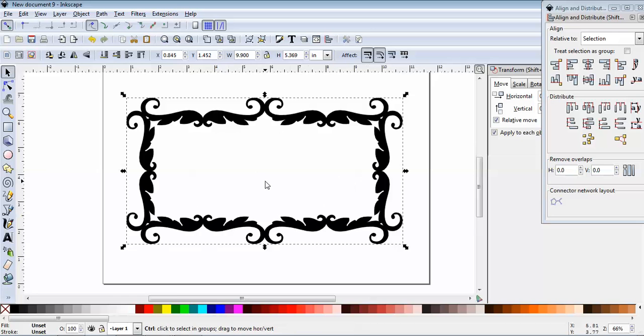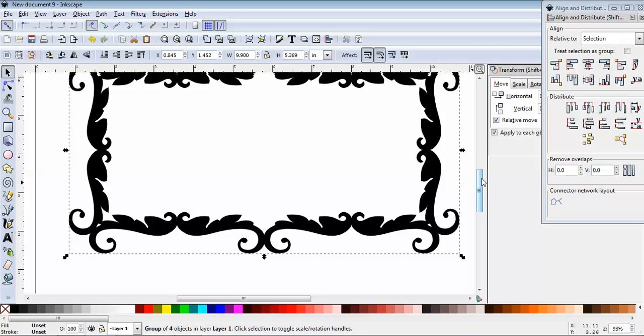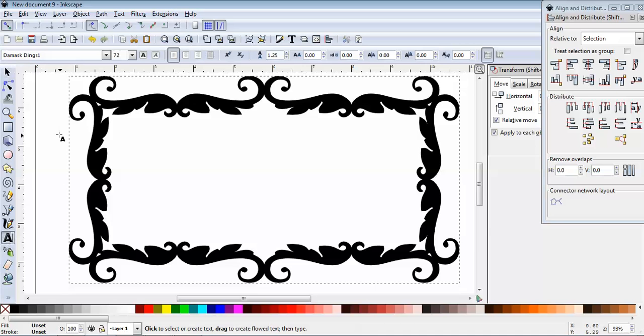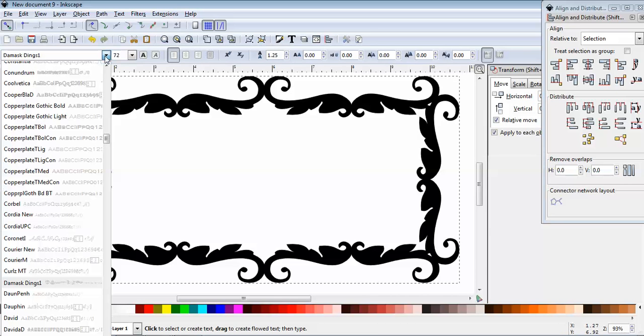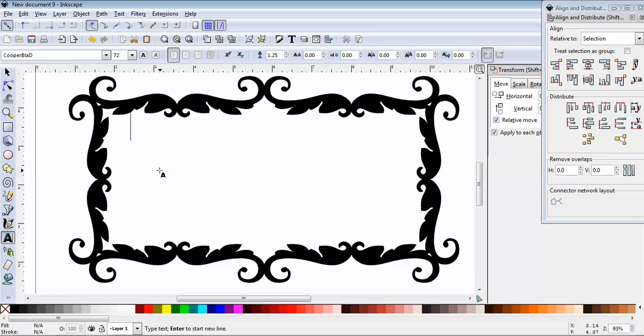Okay, let's zoom in a little bit. And now let's use some of our text. And let's put in Home Sweet Home. I know, catchy, right? So since I'm a fan of this font, just because I like it, let's make sure we have it selected as black. And let's say Home Sweet